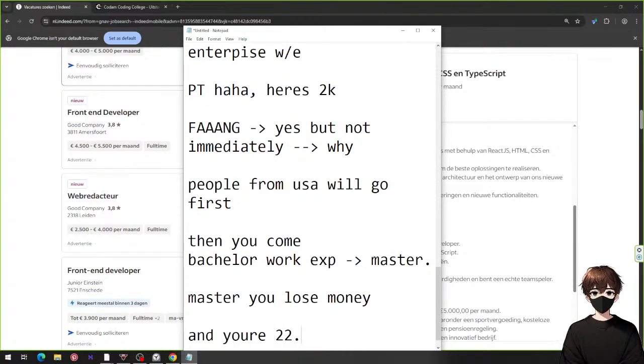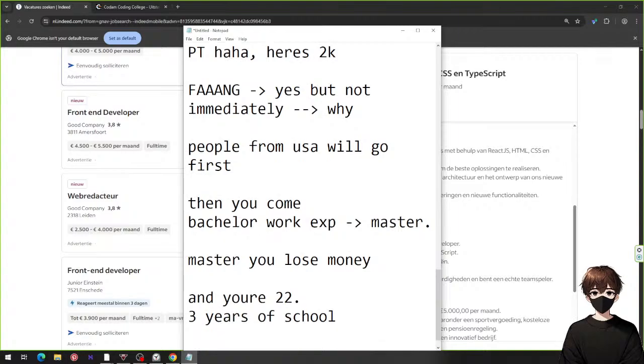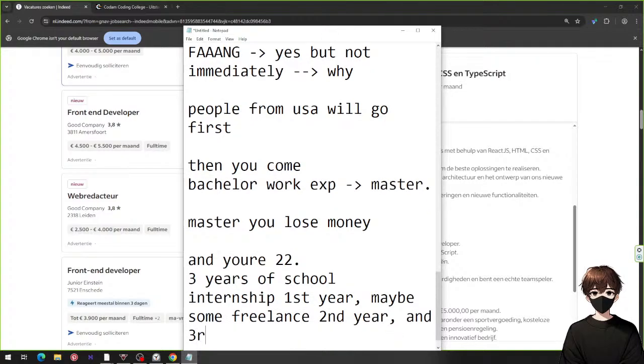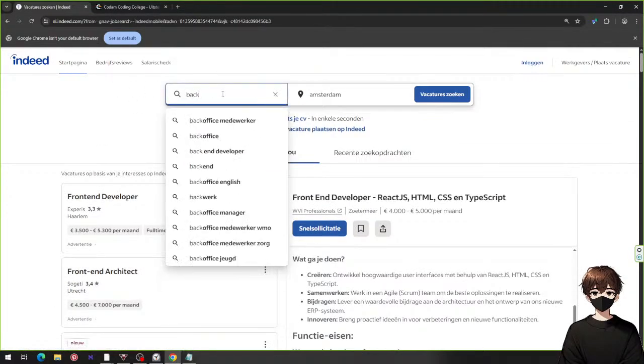Now, you can still make a lot of mistakes, but imagine if you're gonna do 3 years of school, right? 3 years of school, and you're gonna say do an internship the first year, maybe some freelance the second year, and the third year a minor plus already a job. So let's just do some money, right? Let's see what a backend developer